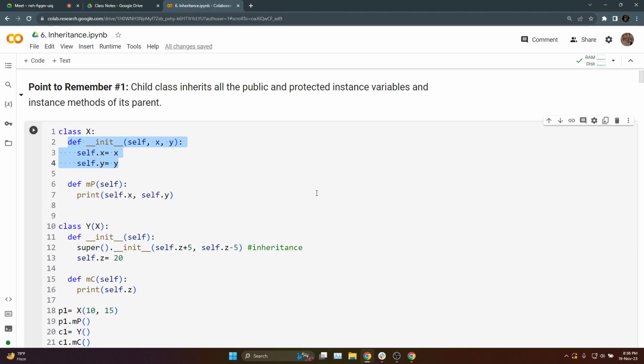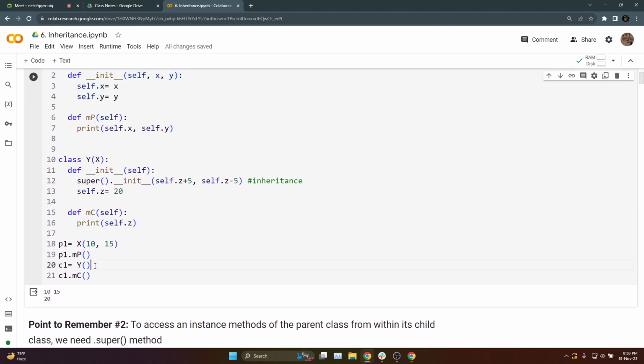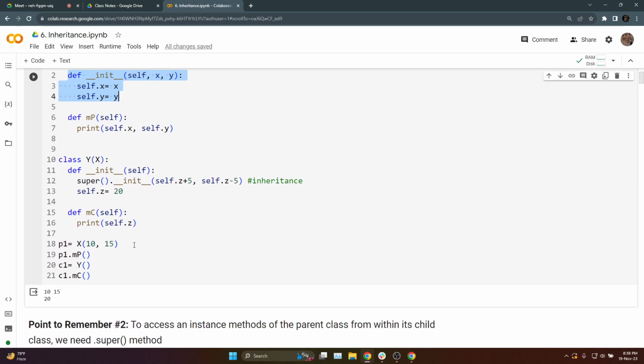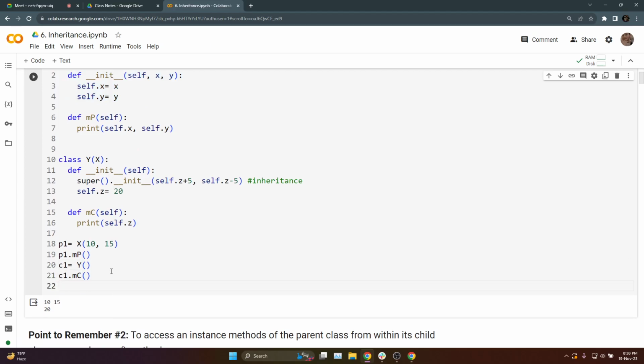So what happens is that every time we create an object of class Y, we come here, and before executing anything else, we execute the constructor of its parent class, which is these 3 lines. That's how we are establishing the inheritance. Now, what you can do is actually do this: c1.c, sorry,